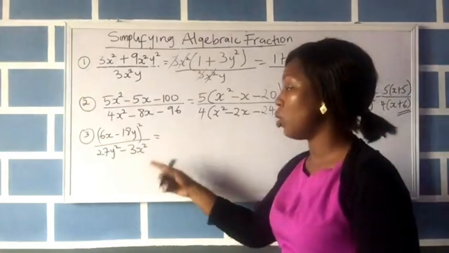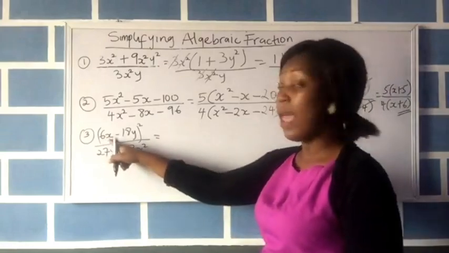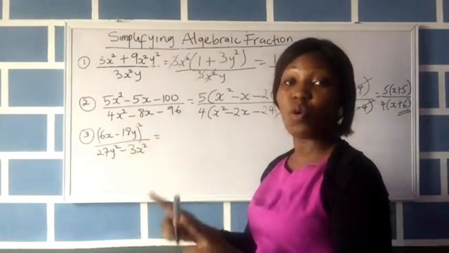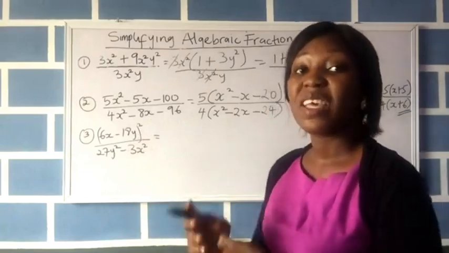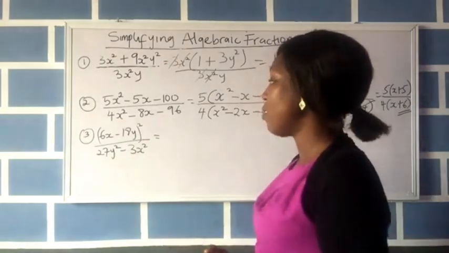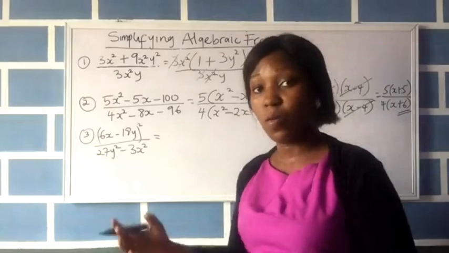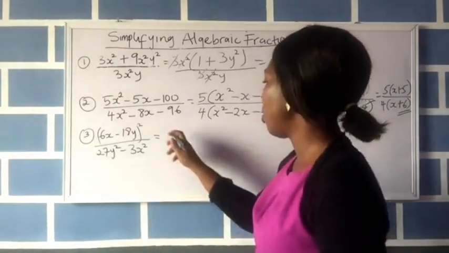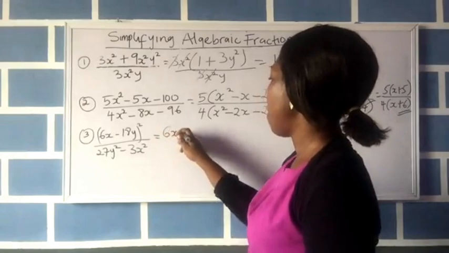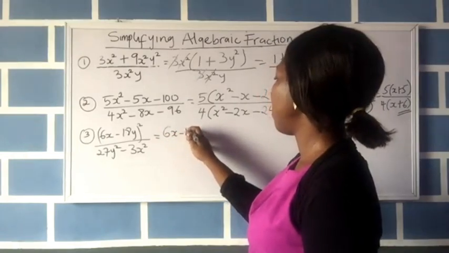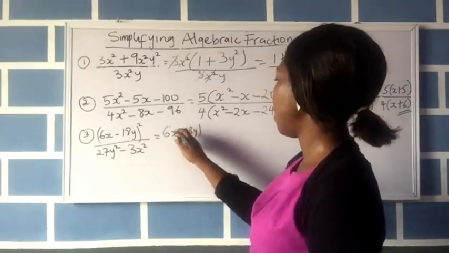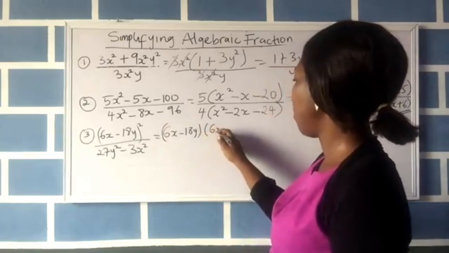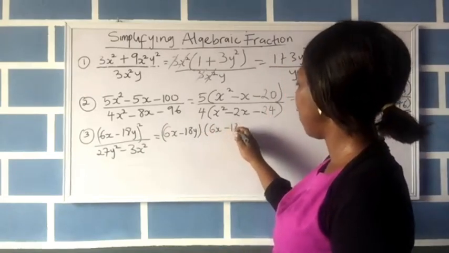Now move to the third one, where I have 6x minus 18y in brackets squared. What that means is it's repeated twice. We write it in the form 6x minus 18y times 6x minus 18y. So this will give us 6x minus 18y in brackets times 6x minus 18y